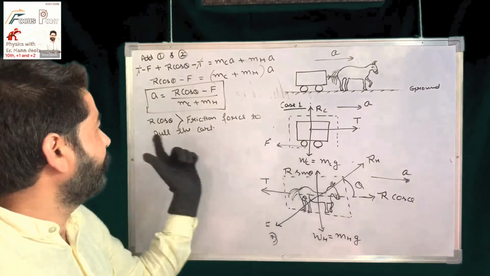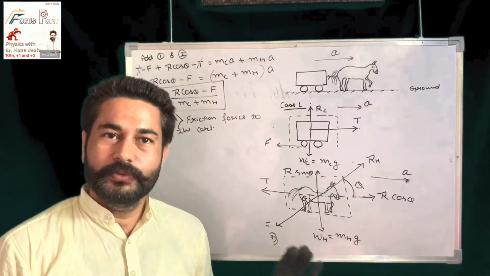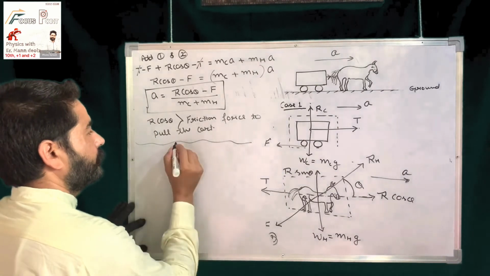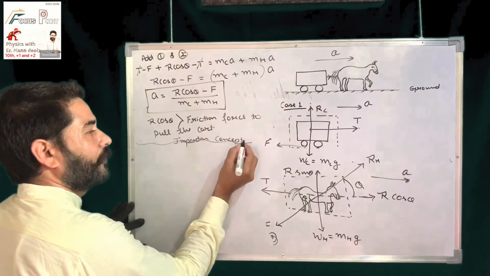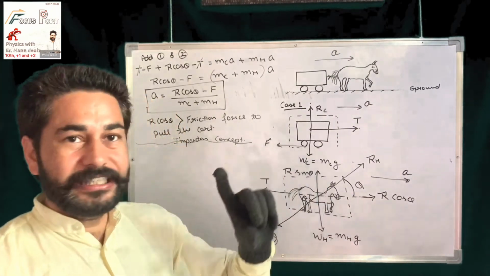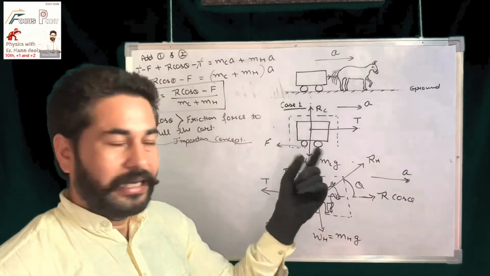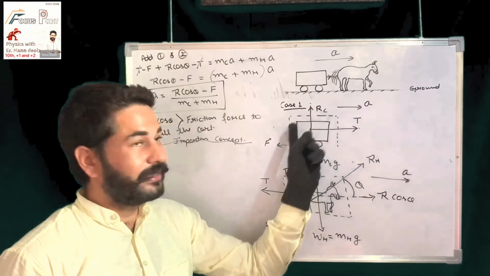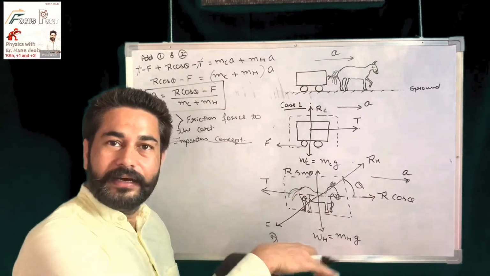Now after doing this till here, we can say that our horse cart problem is solved. I have explained you each and every concept of this problem, but after this, there is one important concept which you also have to take care. Now students, take care of this, that it depends upon the way you are taking the system. Like in this case, case number 1, I am taking cart in one system, then I am writing the equations on this cart only in horizontal as well as in vertical direction, and I am taking horse in another system.